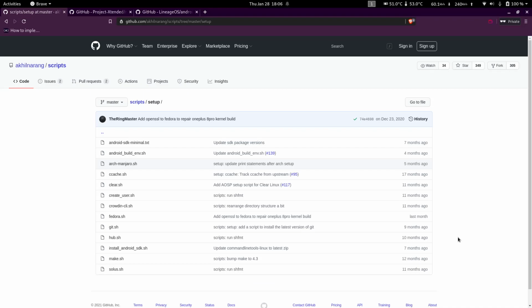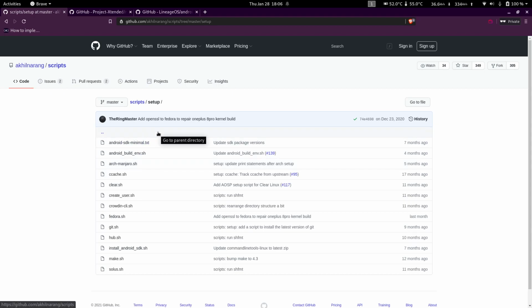Cool, thank you. So, before you start compiling or building Android, you would need a few packages which do not come with your default installation. It could be Linux, Arch, or any other installation. There's a developer who goes by the name of Akhil Narang. He basically has scripts for all the packages that you need to compile an Android ROM.